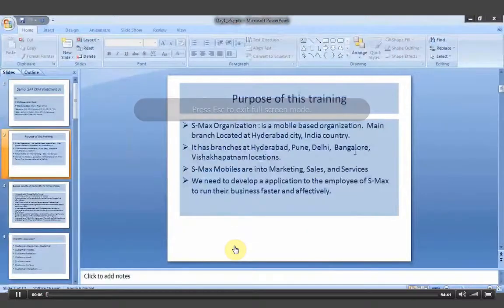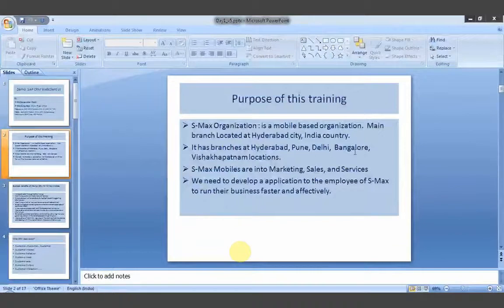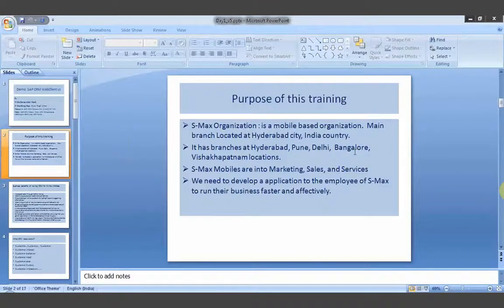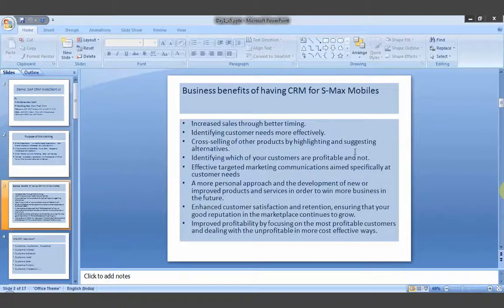Yesterday we started a demo with a purpose: we would be working for SMAX organization and developing a web UI application for them. In that we would be covering all the web UI related topics. So the first question: why SMAX Mobile's organization has to go with SAP CRM